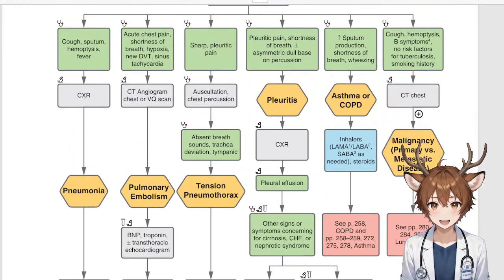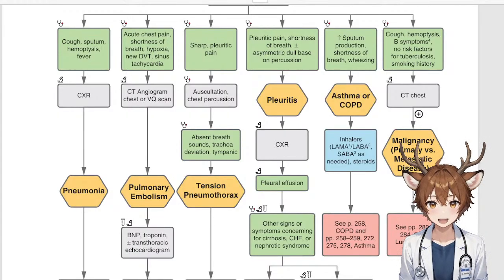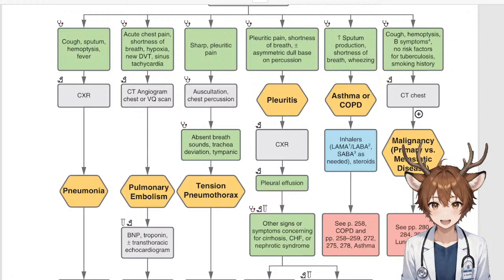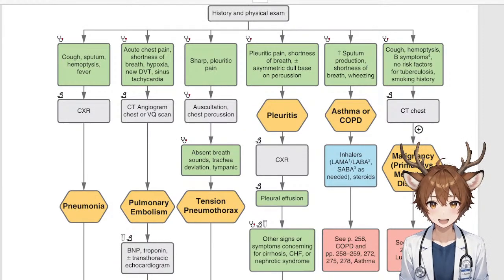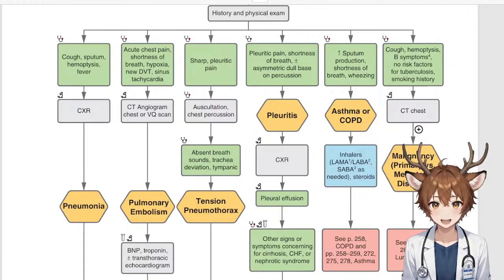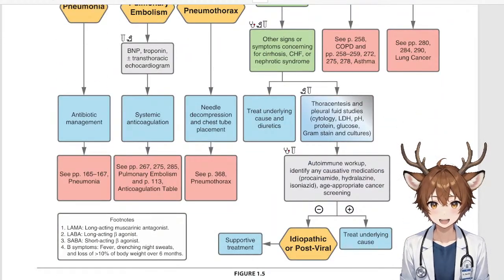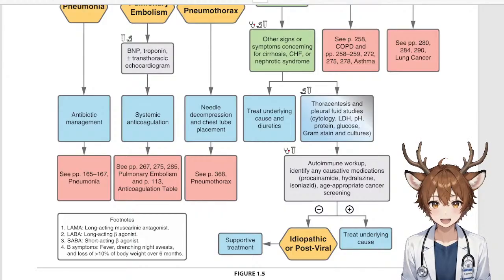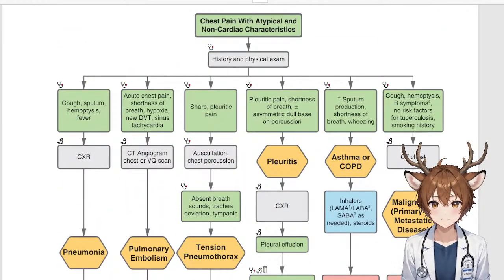As needed for steroids. And this is page 258, COPD, pages 258 to 259, 272, 275, 278, asthma. But what about cough, hemoptysis, B symptoms? Let's talk about this for a moment. B symptoms: fever, drenching night sweats, and loss of greater than 10% of body weight over 6 months. Okay, so we have cough, coughing up blood, B symptoms,